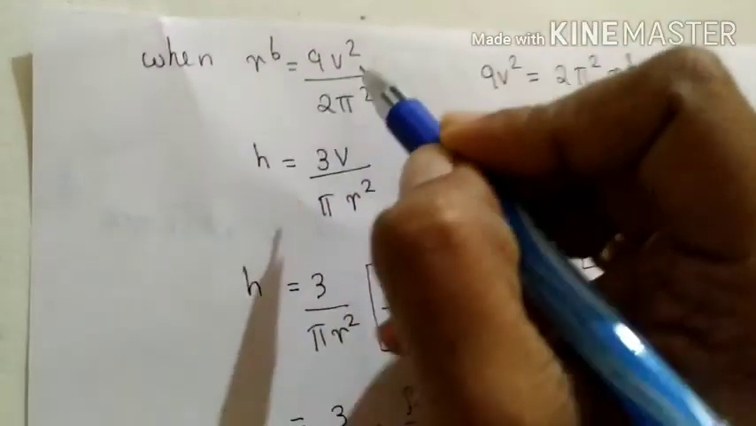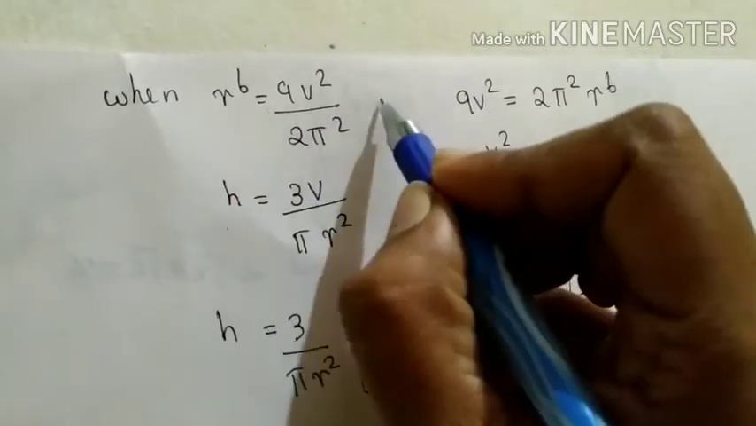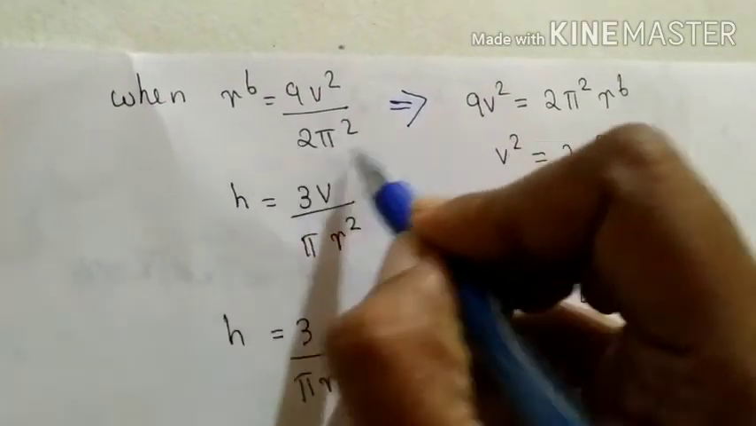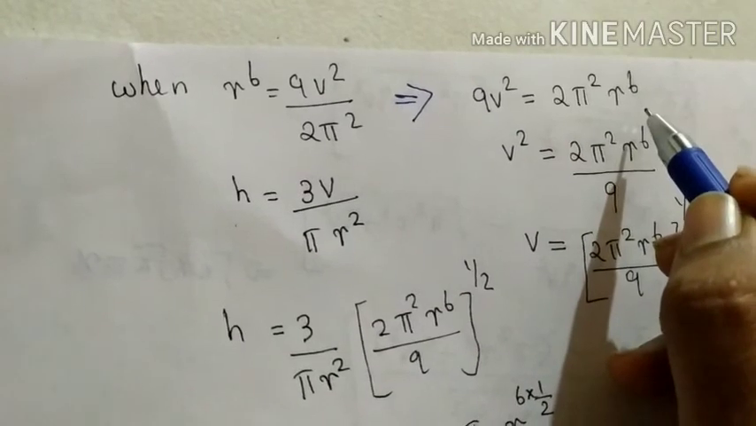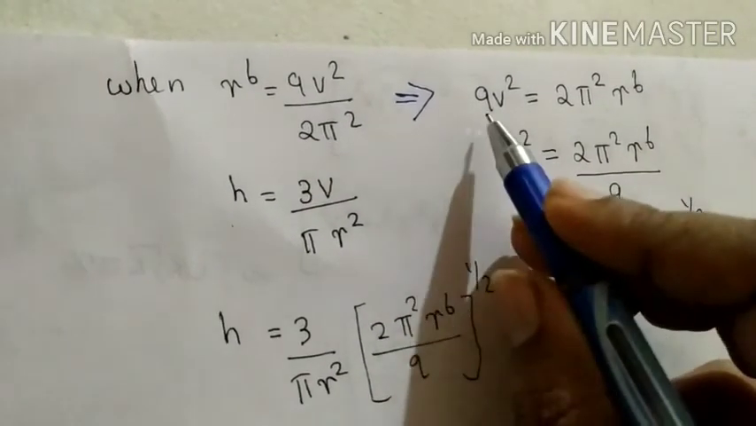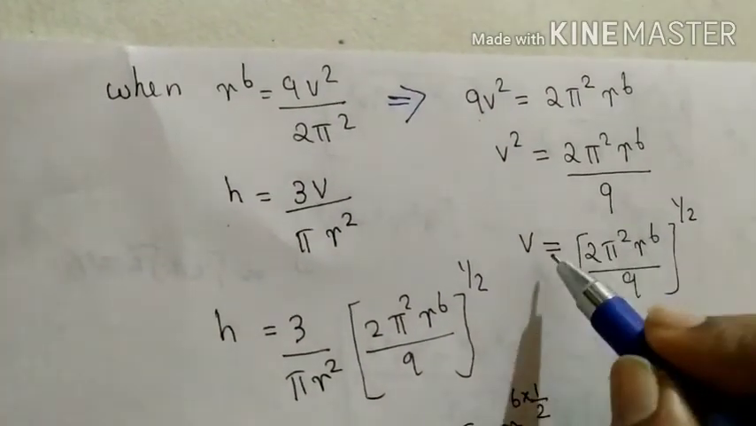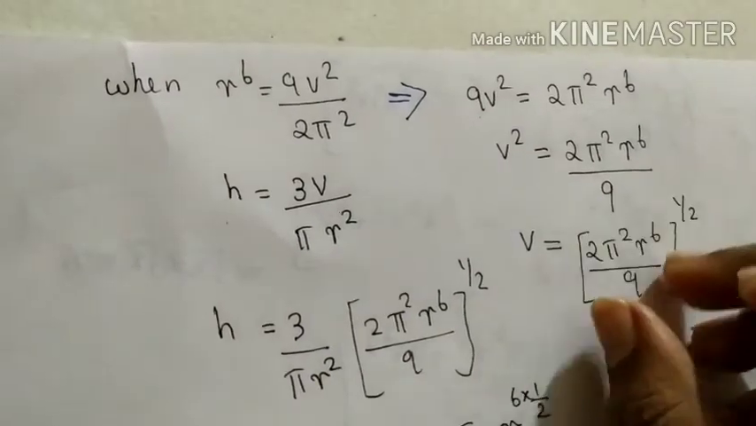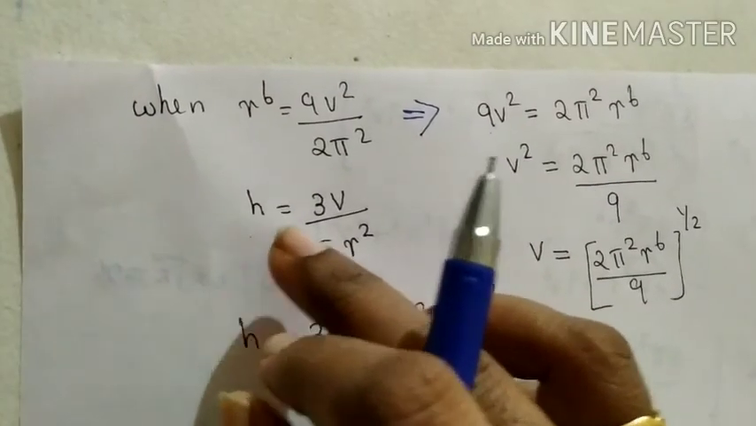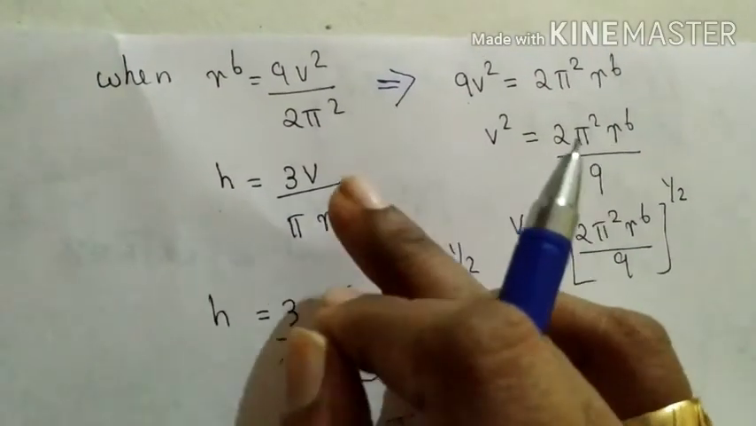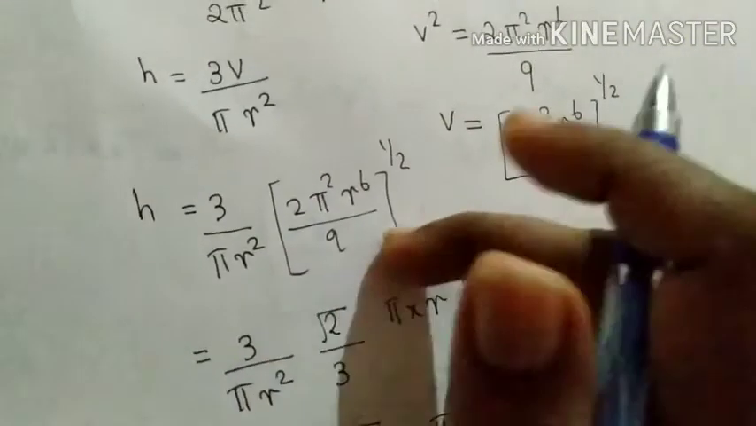Okay. So, next, when r raised to 6 equal to 9 v square by 2 pi square, from this, taking this 2 pi square to LHS, we get 9 v square equal to 2 pi square into r raised to 6. From this, v square equal to, taking this 9 to RHS or denominator, and v equal to square root of this term. Okay, and h we have already calculated that h equal to 3v by pi r square, right? So substituting this v here, we get